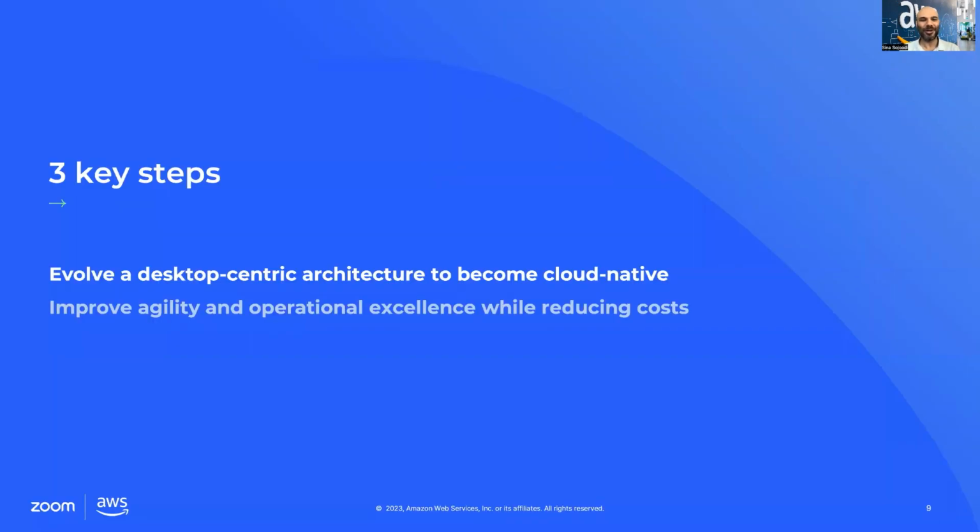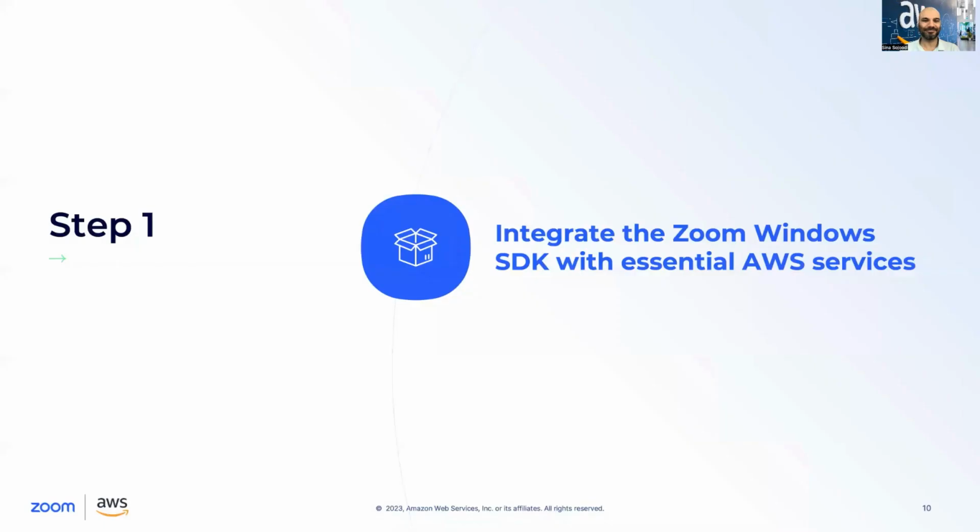Let's talk about how we got here and the design steps we took to evolve a desktop-centric prototype into the cloud-native architecture solution that we're releasing today. Step one was to programmatically gain access to Zoom meeting audio and video, and integrate the custom app with AWS client libraries, specifically Amazon Kinesis Video Streams for audio and video data transfer, and Amazon Simple Notification Service for signaling